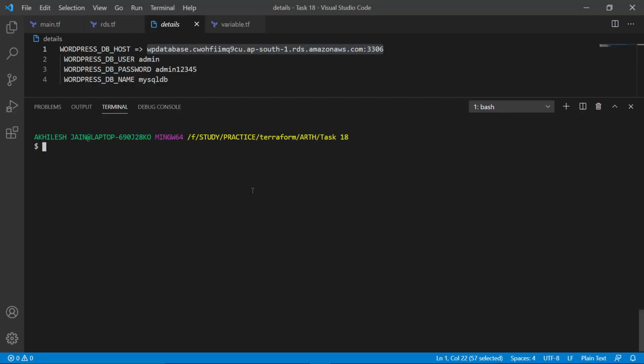So now we will log in to our MySQL. We can use mysql --host equal to this URL. So we have to remove this port number. --user equal to admin, --password equal to.